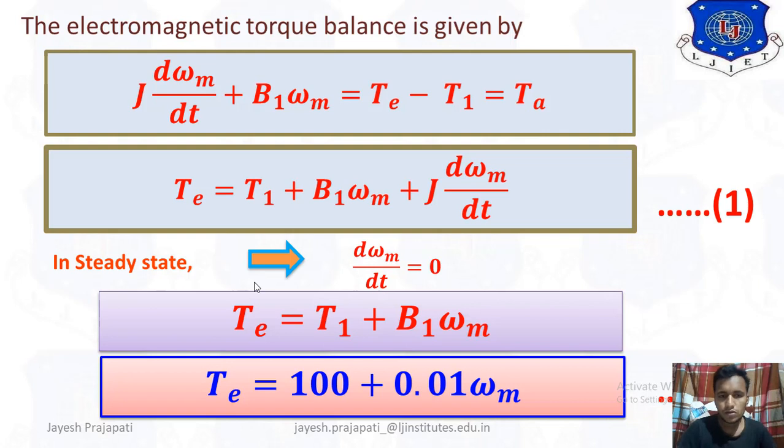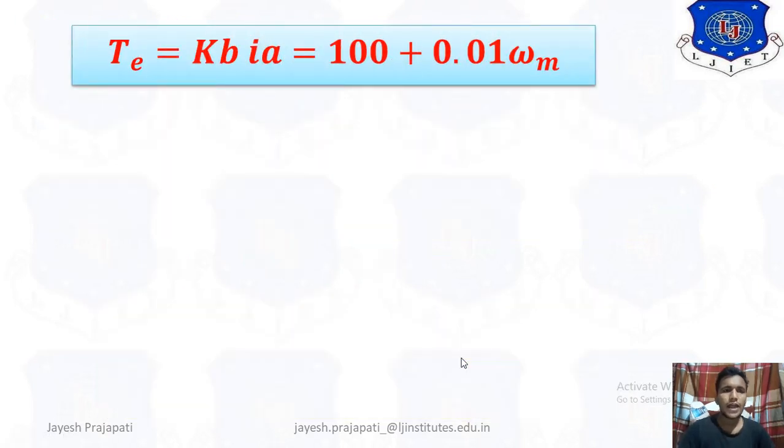So now we have to find out the air gap torque Te. If we find out this air gap torque Te, then we get omega m, the speed of the DC motor. You can see the air gap torque Te, we know, is equal to Kb into Ia. That is the equation that we have discussed in the equivalent circuit of DC motor, and also that is the equation for air gap torque Te. So now from this equation we know the Kb value, that is 0.8.